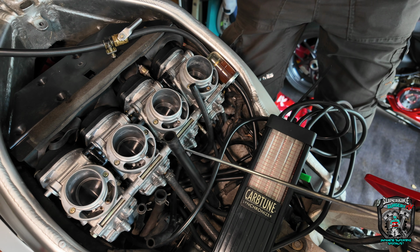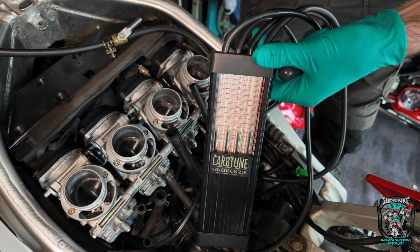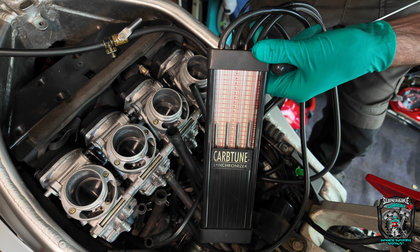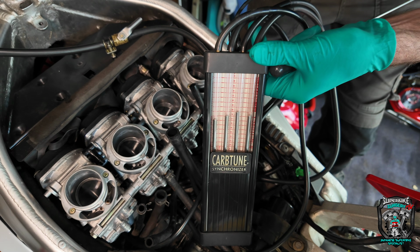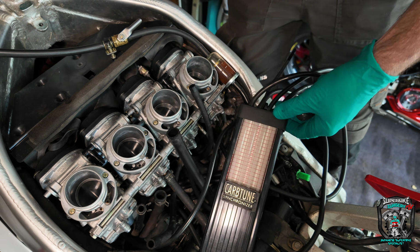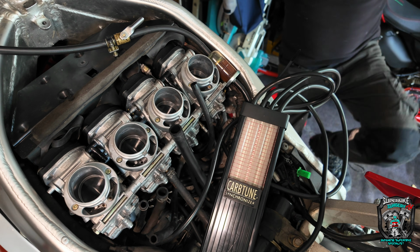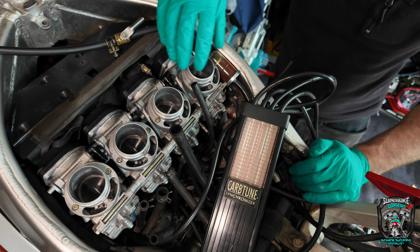Anybody that thinks they can bench balance a carburetor is talking out of their arse. But I'm telling you, the tiniest little bit of movement on the screw, like a 15th of a turn of it, is enough to move the vacuum gauges. Right, I'm going to call that done. Yeah, you can get them in the ballpark on the bench, but the final balance has got to be done on the bike, because every single engine and every single cylinder of every single engine technically